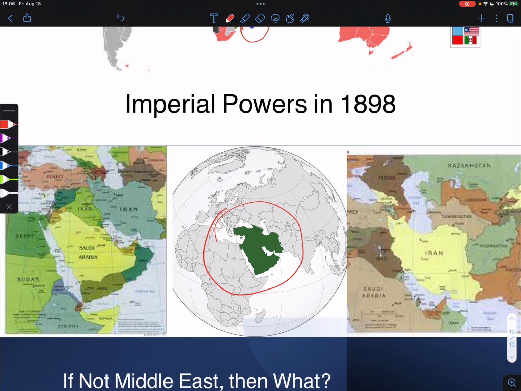Basically, this is the area that we are talking about, but I want to show you how differently they construe